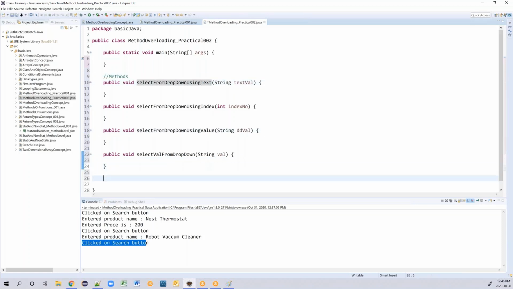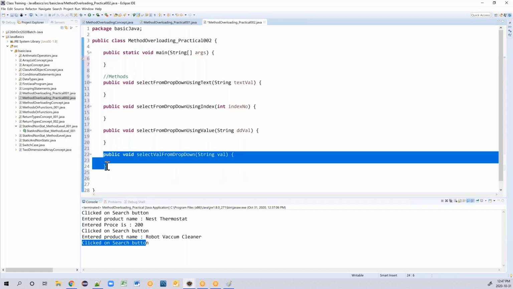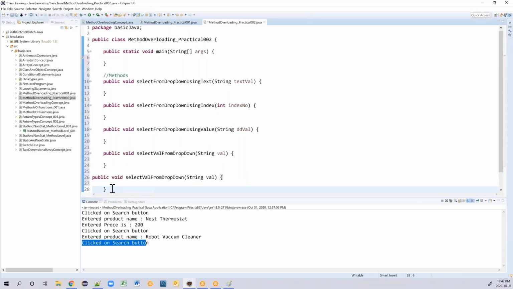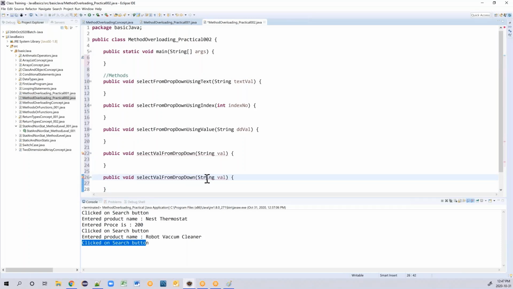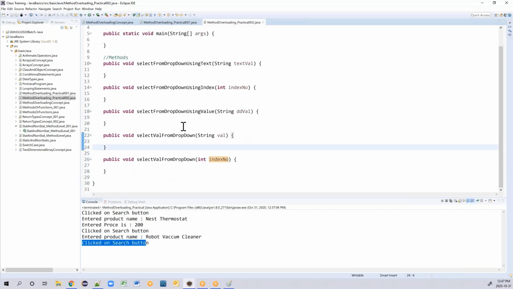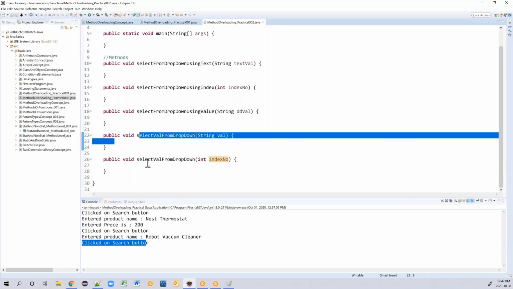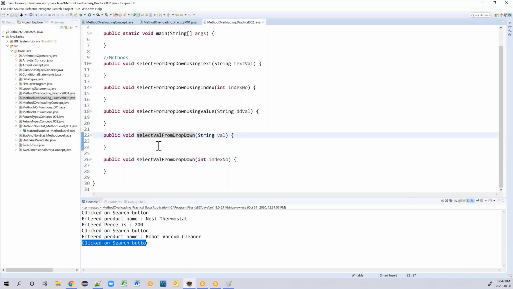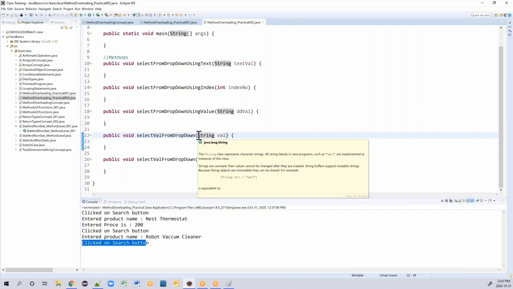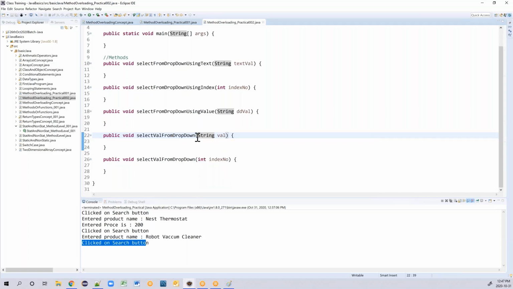Now I am also going to create one more method, public void select value from drop down, with an integer index number. Now this is overloaded on this. Here there will be one more argument called element value.